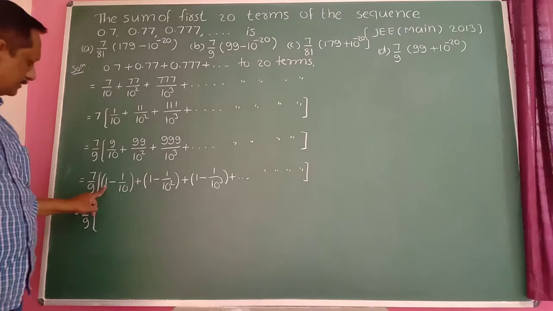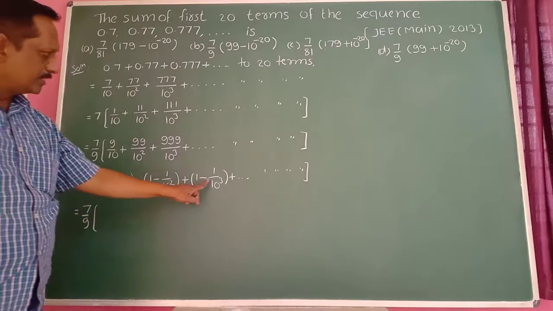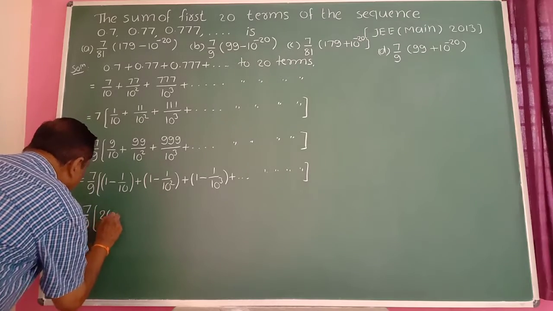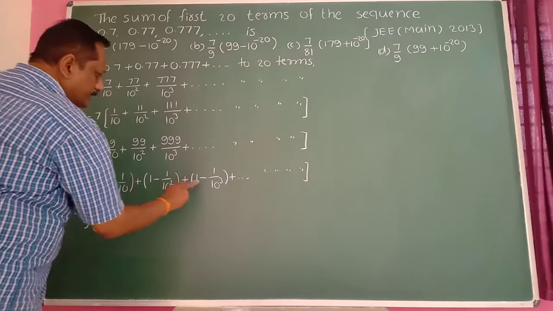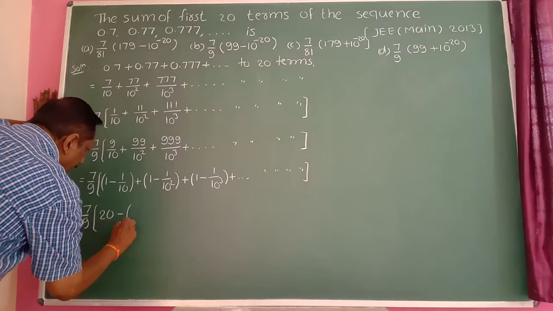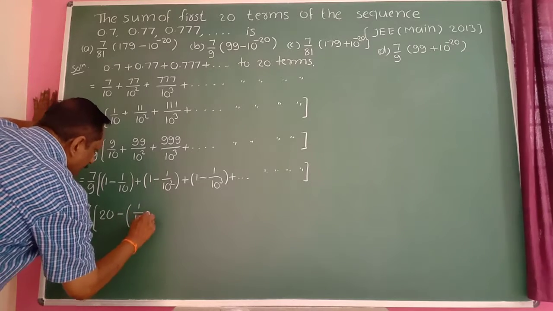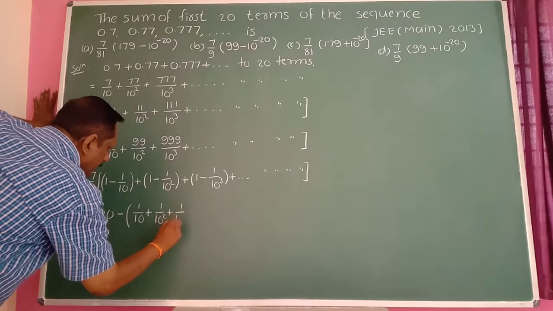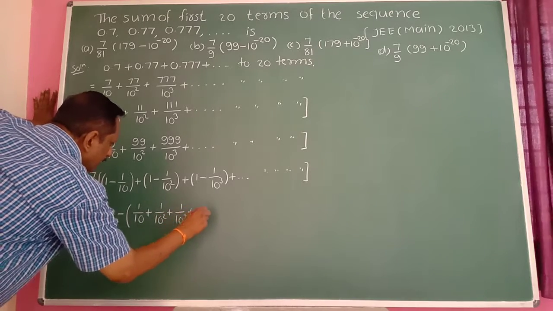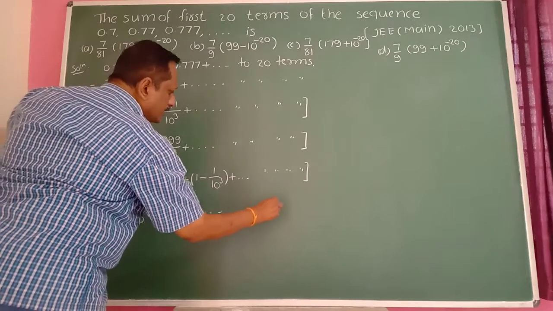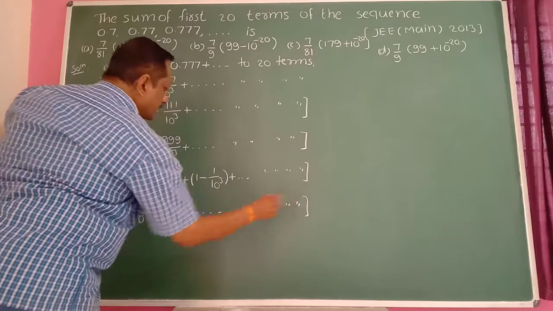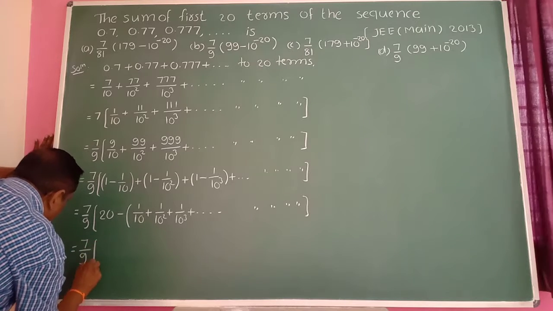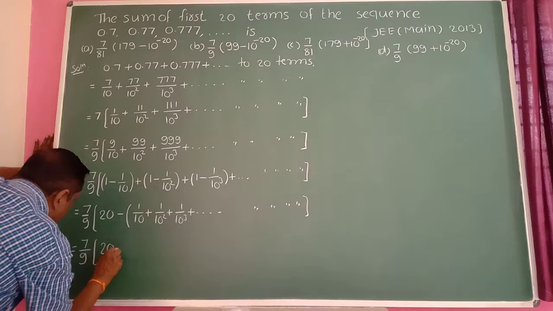So this is equal to 7 divided by 9. Here is 1, here is 1, here is 1 up to 20 terms here. So it should be 20 here. Minus, minus, minus, so minus is the common factor: 1 by 10 plus 1 by 10 square plus 1 by 10 cube up to 20 terms here. Therefore this is equal to 7 divided by 9 into bracket 20 minus of